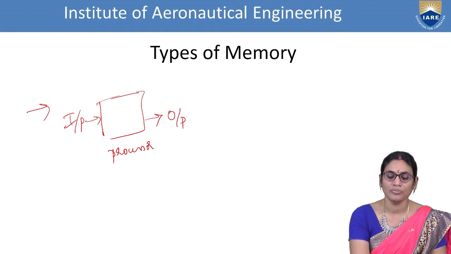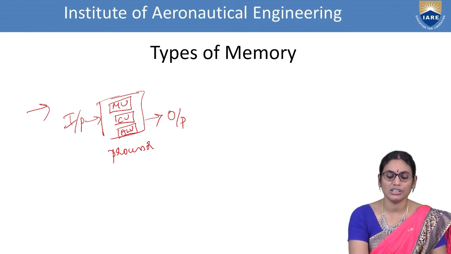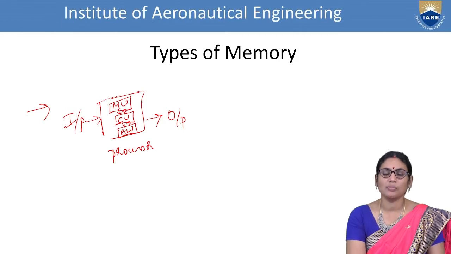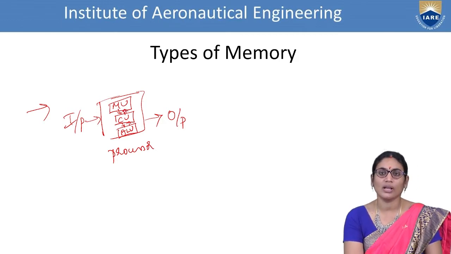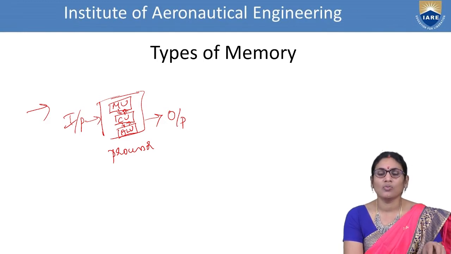Internally in the processor, we have three major functional units which you have already discussed. The first one is the memory unit, the next is the control unit, and the next is the arithmetic logic unit. These three units are the basic essential units which perform the task intended by the user. For example, I want to execute a program, or write a simple line of instruction, or open a Word document. All these are tasks performed by the user. What the user intends or performs should be operated or navigated by means of these units.